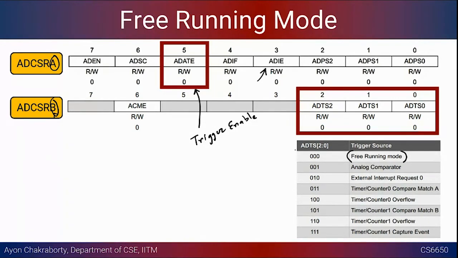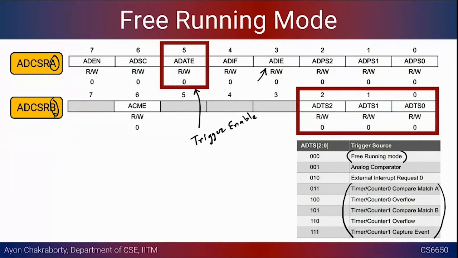And there are other modes also. Let's say you want to have a timer. In this case, you can have a scheduled design. Let's say you count from 0 to 100, and every time the counter reaches the value of 100, you can start one conversion, and again reset the timer and count from 0 to 100. I will cover these implementation details later, not today, but you can keep these things in mind.